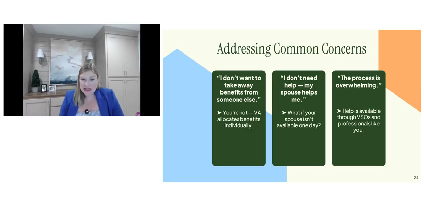Another common scenario is that you might hear that they don't need help because they have a spouse or a family member that's supporting them. But I know it's really important to consider that we can't predict the future. We don't know if maybe the caregiver themselves might become ill or be hospitalized, or unfortunately maybe the spouse will pass away. And so then what will happen? So having these benefits in place to help provide that support can make sure that there is a plan if the spouse isn't available one day,